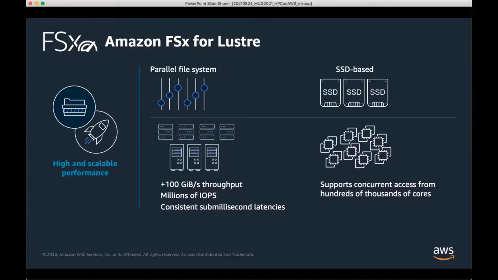The great part of that is you can scale it up with different amounts of capacity that you think you need. There's a variety of different throughput options, so you can provision it on SSD, and we also have hard drive based options with different throughput levels per tier that you have.